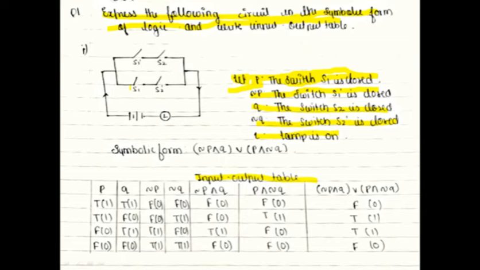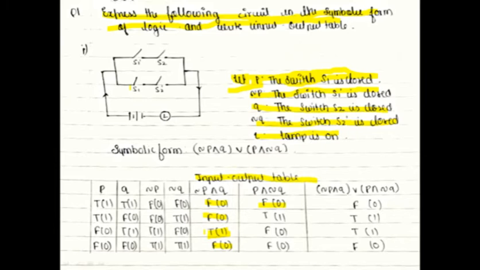So let's see what is negation of P. Negation of P, first false. False means the switch is open. False and true is false because they are connected in series. So if the switch S1 is open, then the current will not flow in the switch S2. So it will become false. And this false and false becomes false. True and true becomes true. And true and false becomes false because it is connected in series.